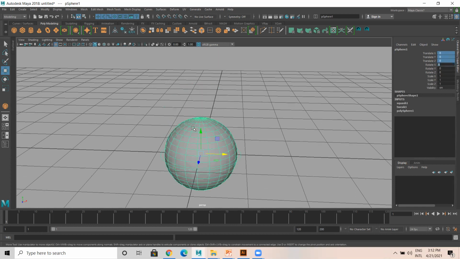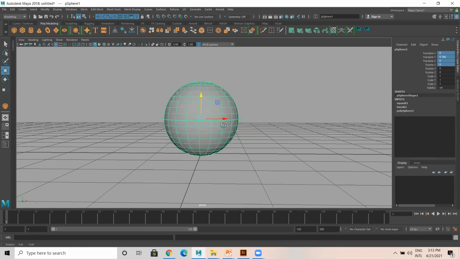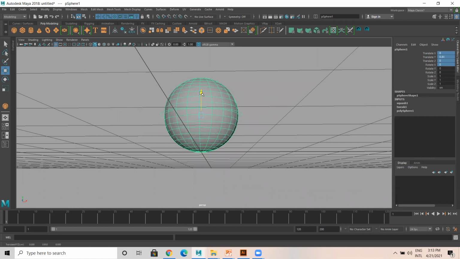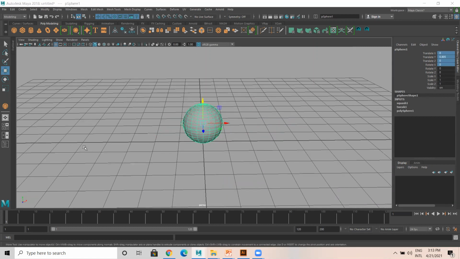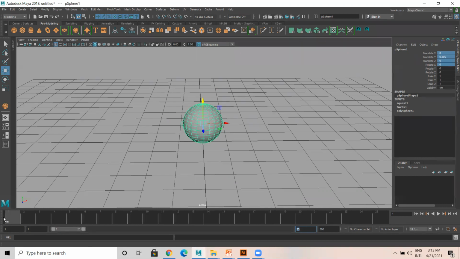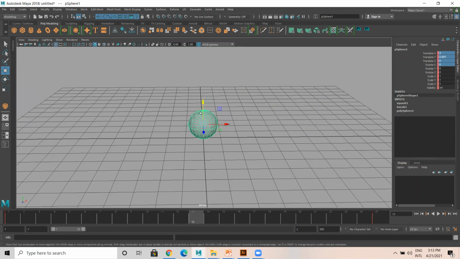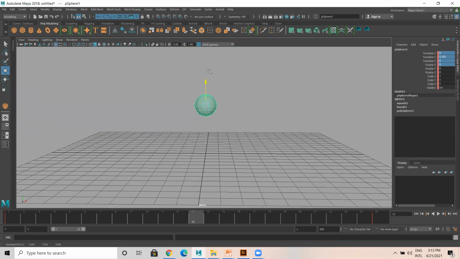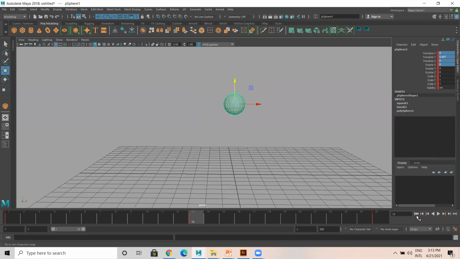Then I go to frame 1, select this model, set key, go to frame 25, set key, go to frame 13, make it like this, set key. This is the animation you are getting.